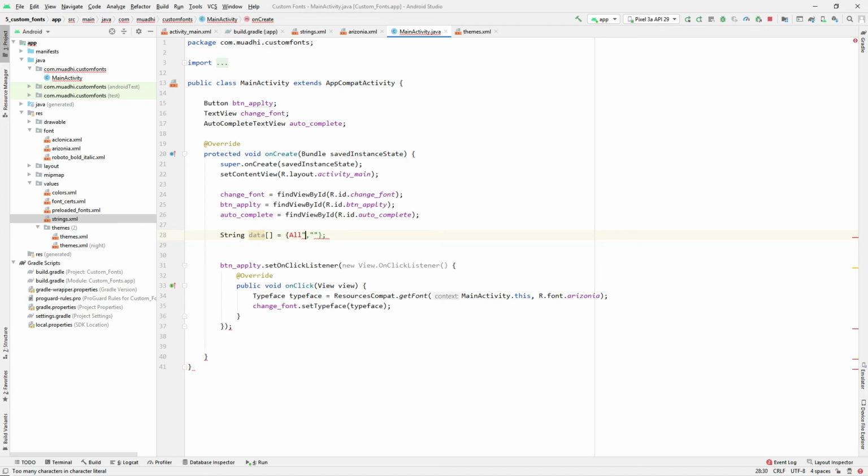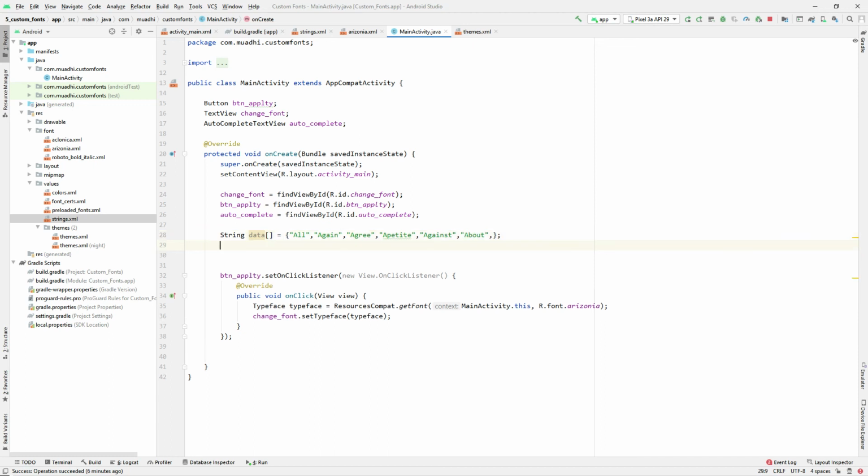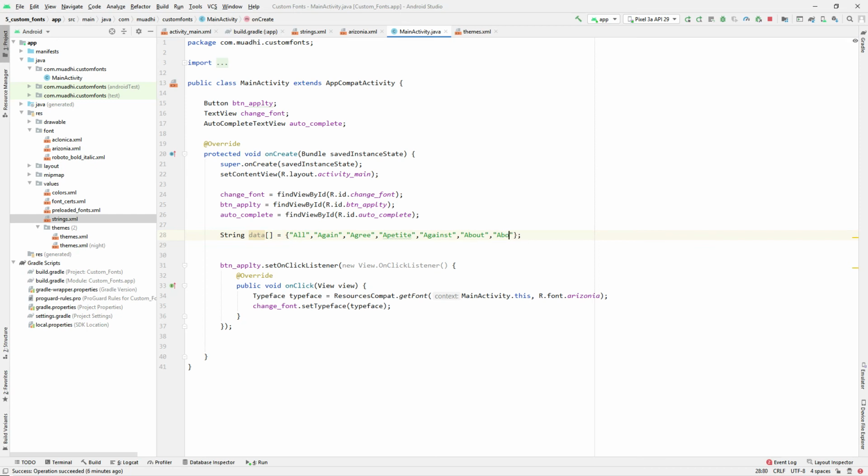I want them to be in the same alphabet, so that they are related when you type a letter. All, again, agree, appetite, things that come from very far, against, above, are you dry? About, 100, that's item 3, abide, after,